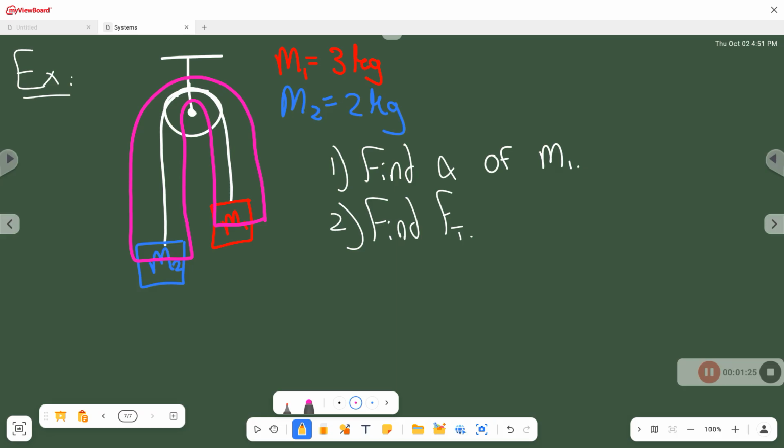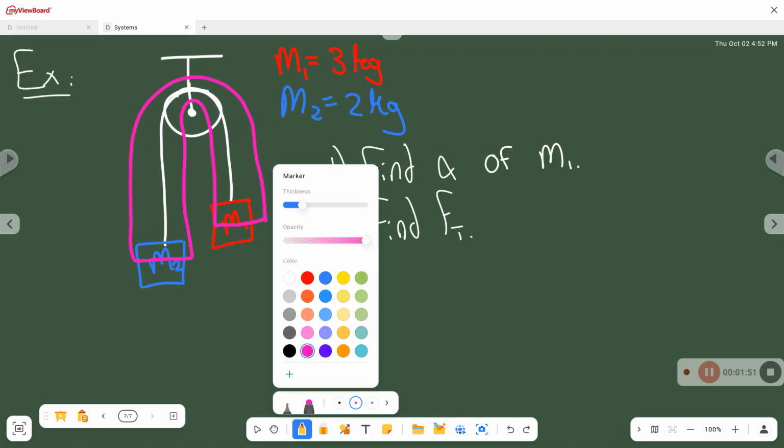At the moment, as it stands, they don't have that. They'll be moving with the same speed, because they're attached to each other, but technically they'll have different velocities because one's going up and one's going down. So M1 here is going down because it's the heavier one, M2 is going up. So that's an issue. So we got to fix that issue, and the way we're going to do that is